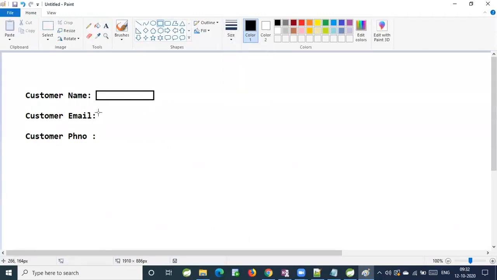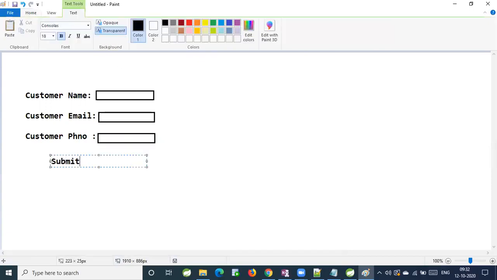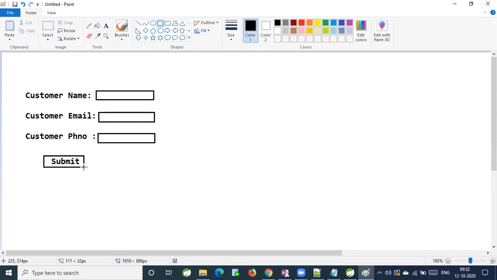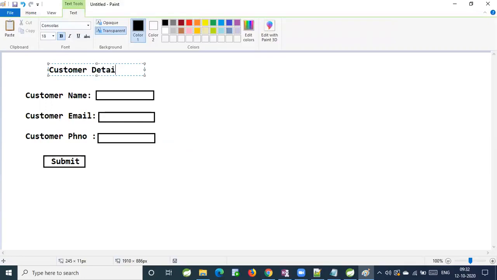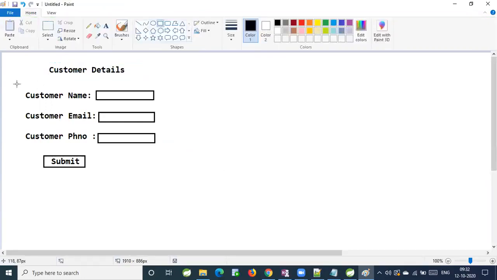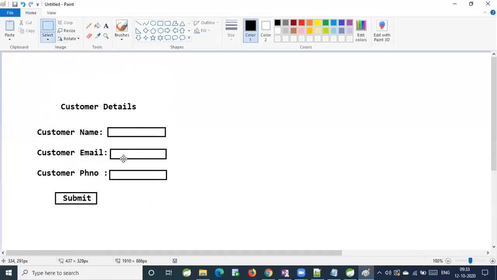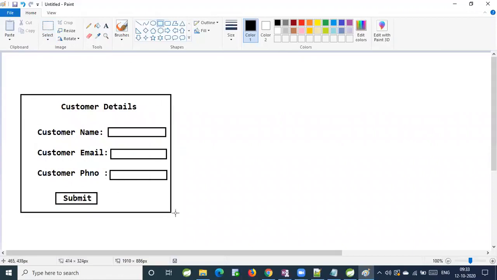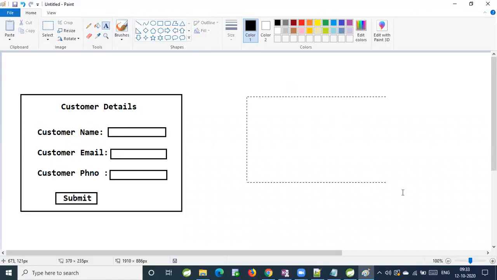Once we are able to develop this form by using the tag library, then I will take a complex form with a drop down, radio button, checkboxes and all. Good. This is the simple form that I am going to develop now. Submit button I am taking. Right. Customer details. Now, whenever this form is submitted, I want to display